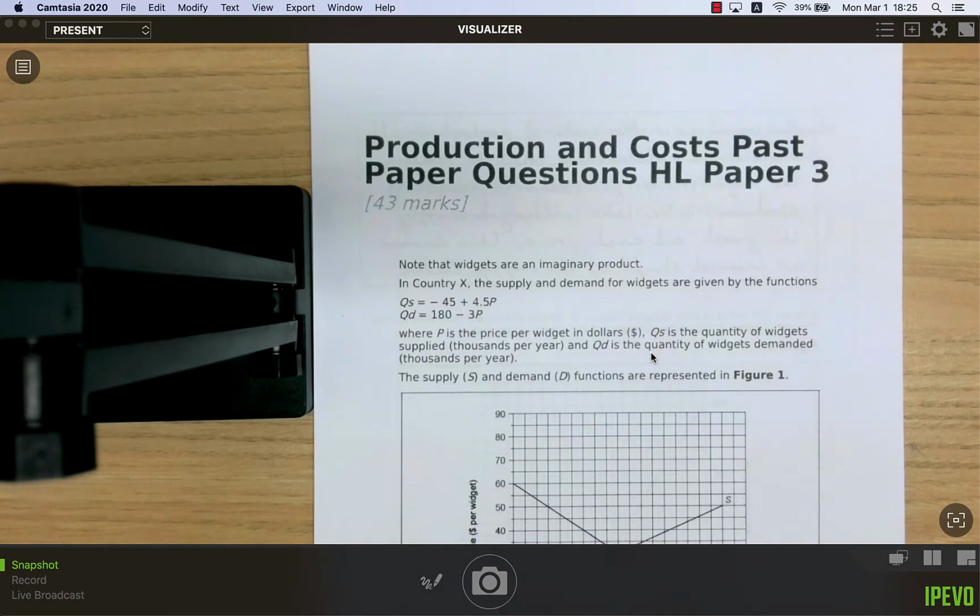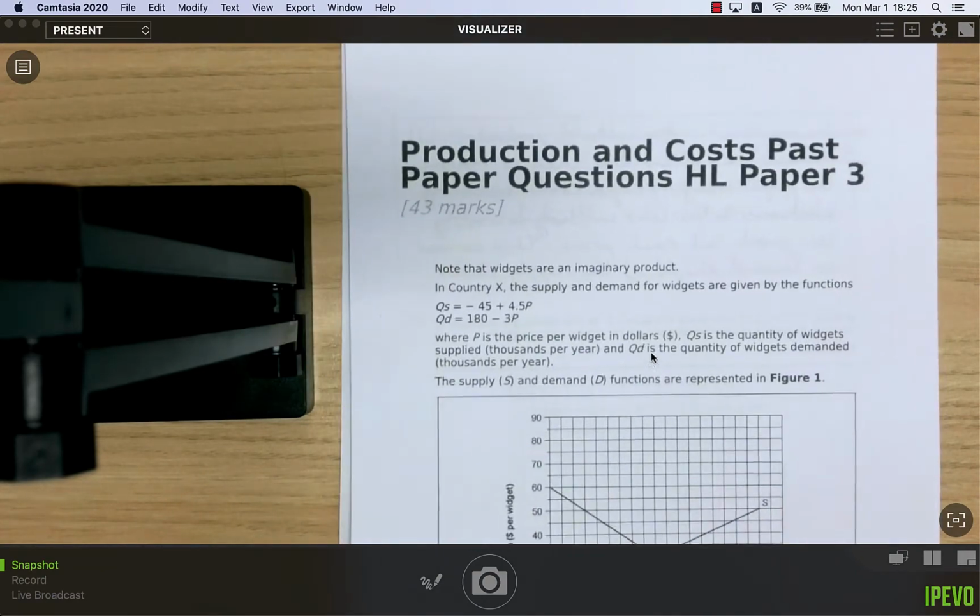Okay guys, and welcome to the next video. Now this video here is the first of 6 videos for unit 1.5 and what is soon to be the old syllabus, okay? And it's about production and cost for paper 3, which is again soon to be the old paper 3. Alright, so now the very first question that I want to look at,